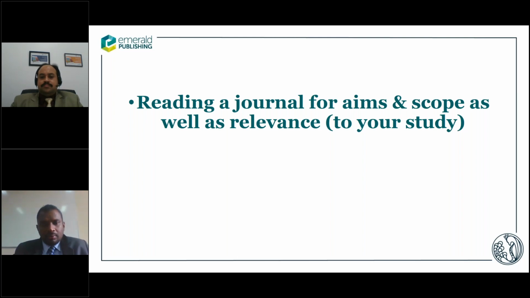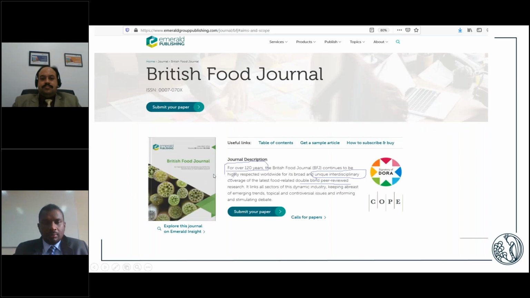Another sign is that the journal is not indexed by Scopus, Web of Science, or the Emerging Sources Citation Index, and you can find this out by yourself. With the method which I told you, simply go to the Scopus website or the Web of Science website, and you will find whether the journal is there or not. Interestingly,